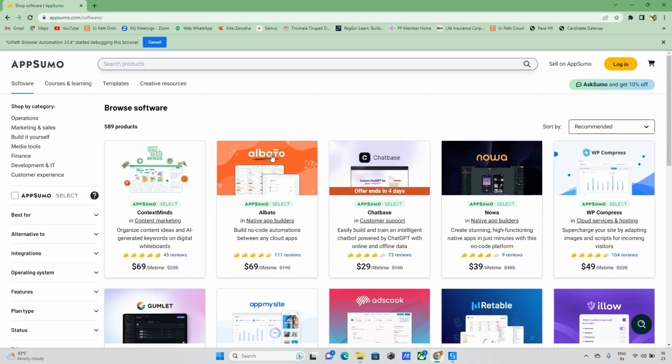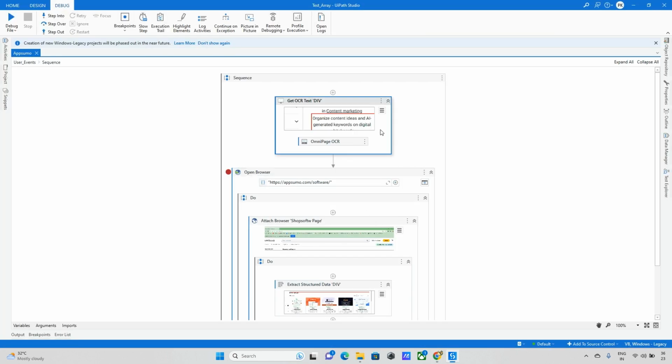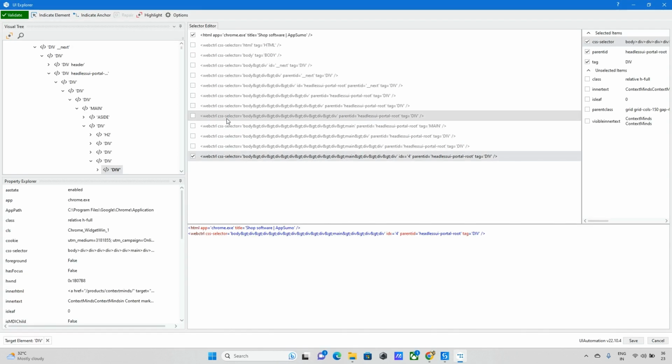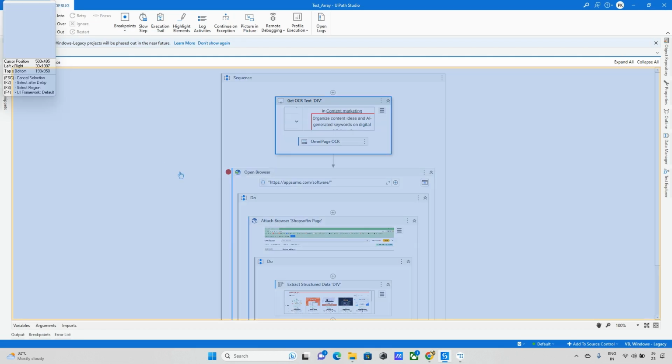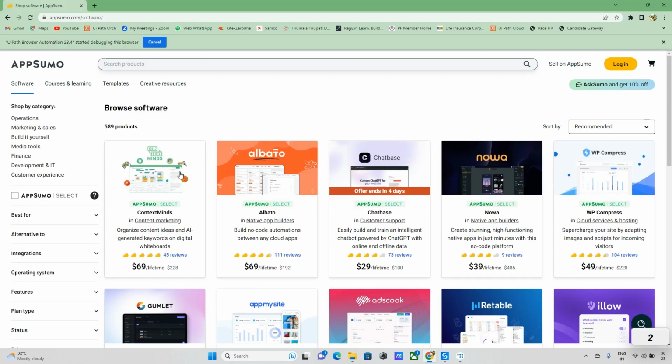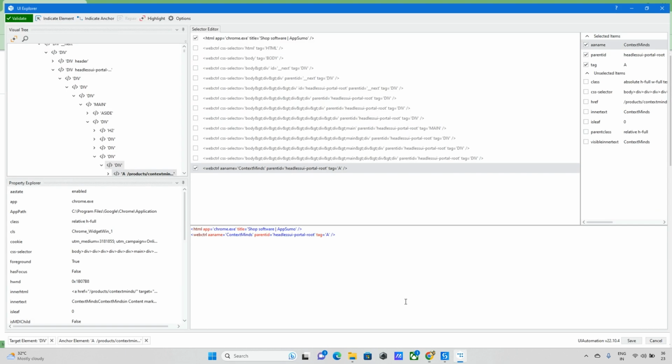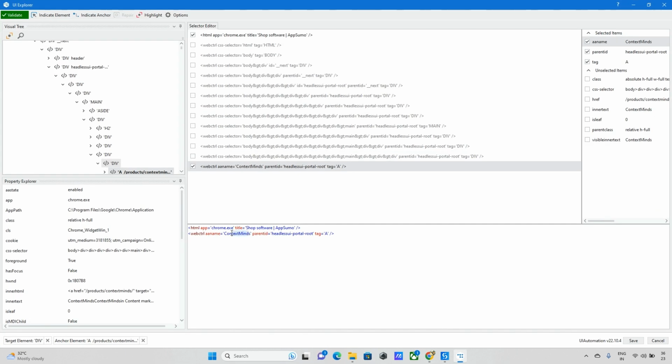And inside we are fetching the data with the help of context mind or albedo or chat base. So let me edit this selector in the UI Explorer and I will take the anchor base indicator. Let me go back to the website again. Again, I'm selecting the selector here. Once this is done, when you go back, you see, we got the context mind ANM. Every time the context mind and